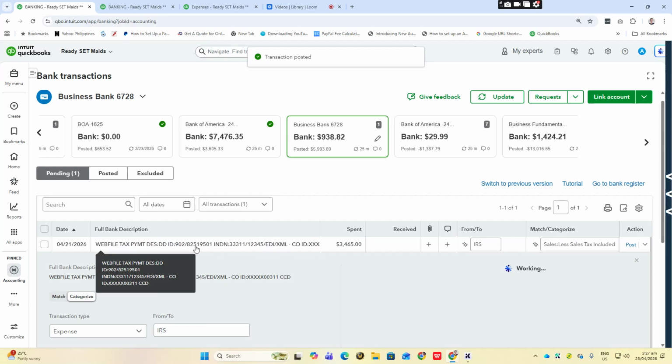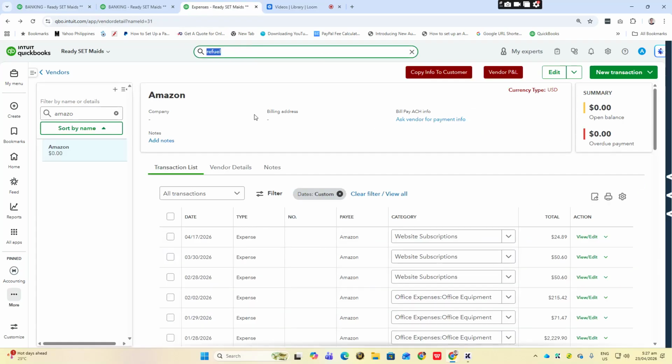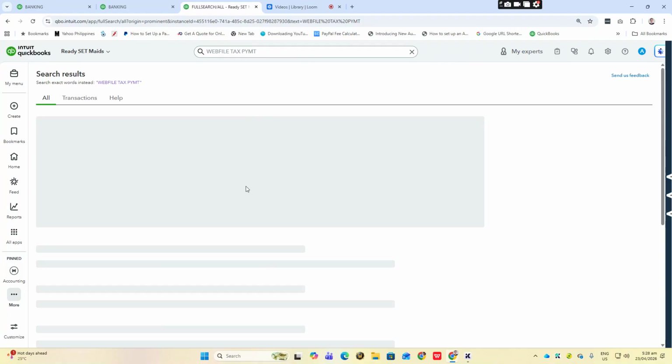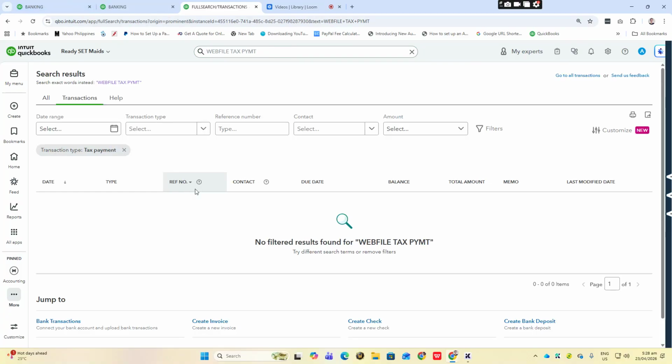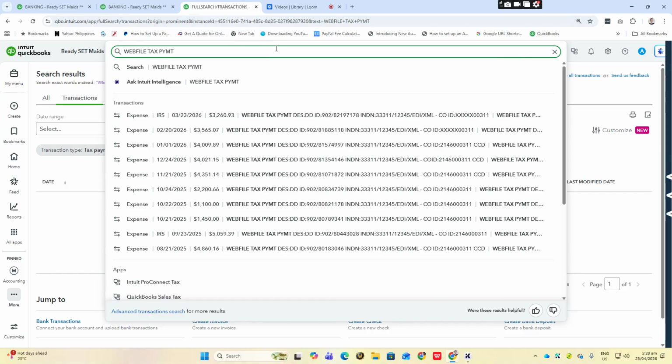And then this one, I'm going to copy this one. So this is spent. I'm going to use advanced search tab. Okay. So let's check this one.